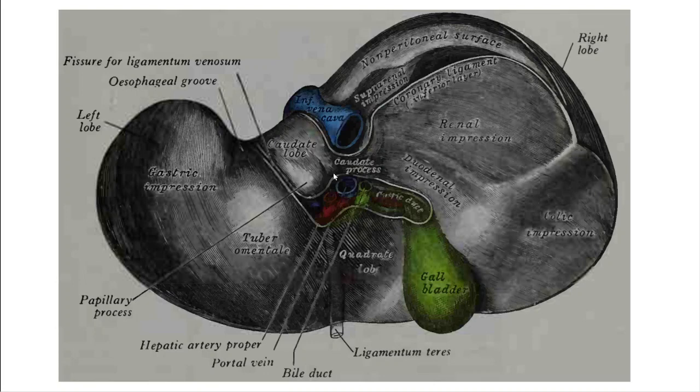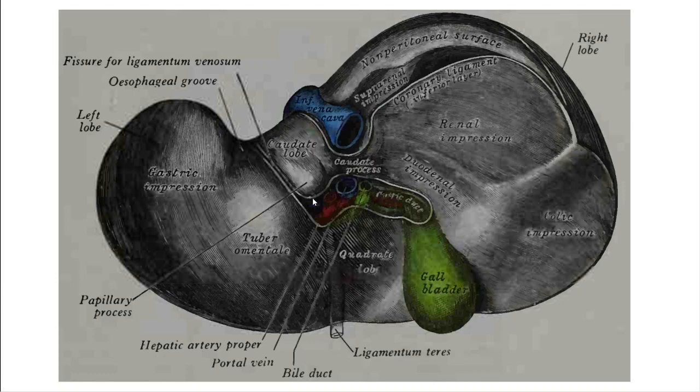Then the lowest part of the caudate lobe consists of this projection called the papillary process that projects towards the left side, that is related to the origin of the celiac artery from the ventral aspect of the abdominal aorta. And then there is the caudate process that projects transversely to the right side from the junction of the right border and lower border of the caudate lobe. It extends between the porta hepatis and the groove for IVC and becomes continuous with the inferior surface of the liver, forming the duodenal impression.